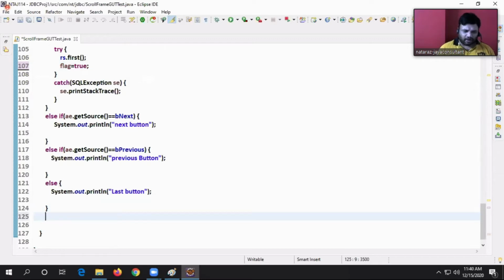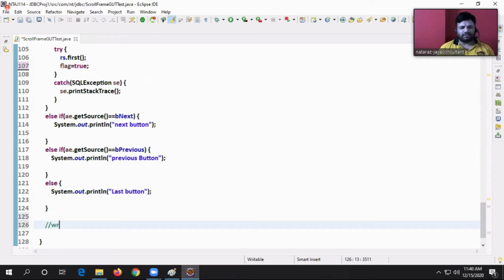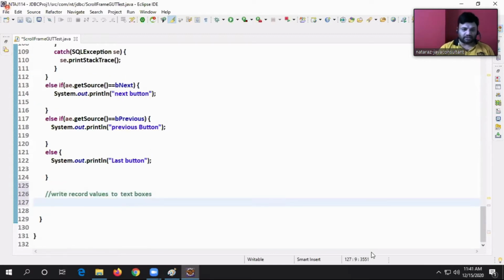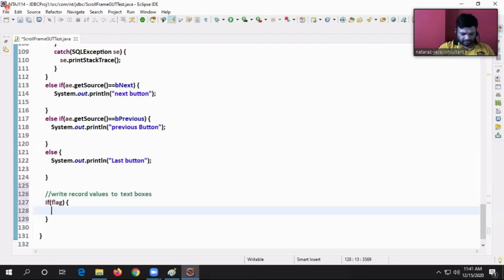At the end of all these conditions, write the record values to the text boxes. When should I do it? If flag is equal to true, then paste.